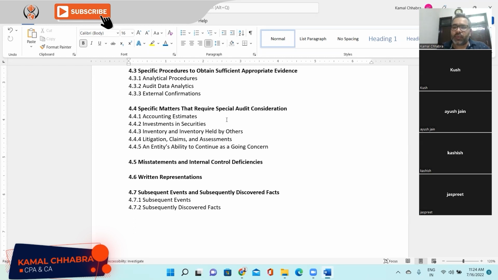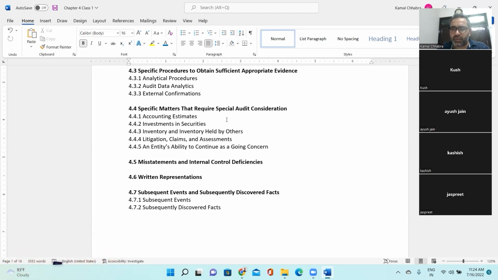Ownership, sir, ownership is of whom? Warehouse owner? No, not at all. In certain cases, no warehouse owner takes the ownership of inventory unless and until he or she purchases. But in certain cases in Amazon, let's say they might have a Walmart distribution center, might be a good example.